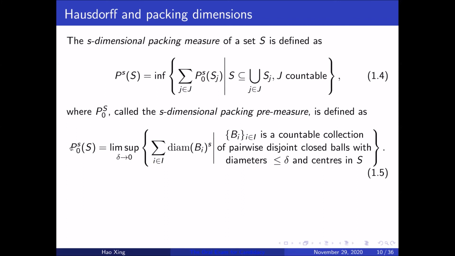And the packing premeasure P naught s of S will be the limit as delta goes to 0